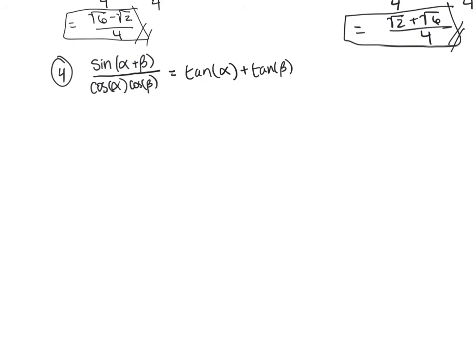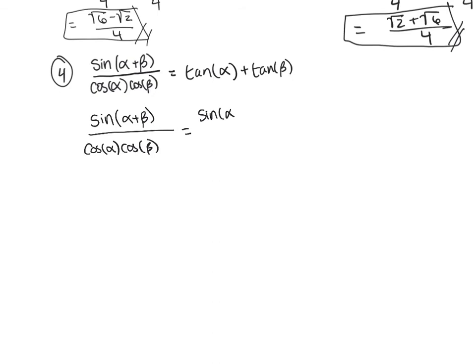So I take a look at this, and I go, okay, these don't seem to be any particular identity, but sine of A plus B, or sine of alpha plus beta, that's an identity. So I know I can expand that out. So I'm going to be picking my left side over here and say that sine of alpha plus beta over cosine of alpha times cosine of beta is equal to, remember you can take a look at your identity sheet,